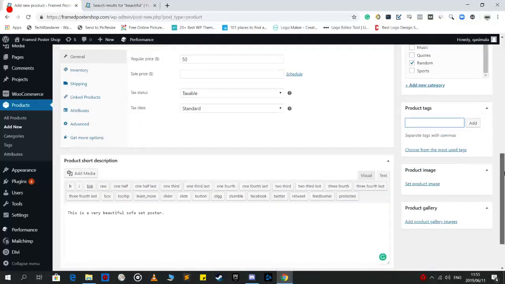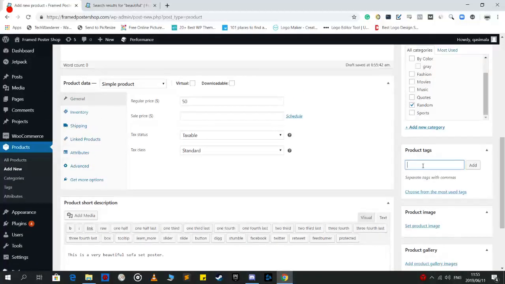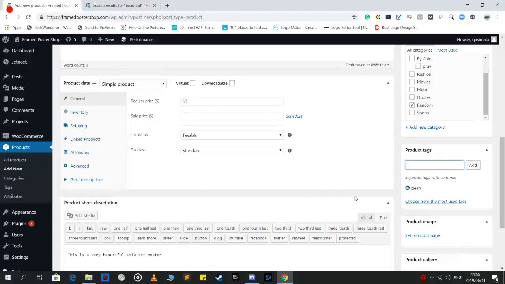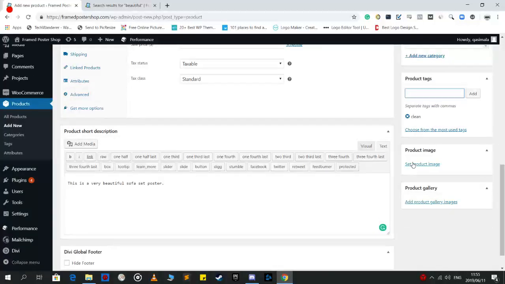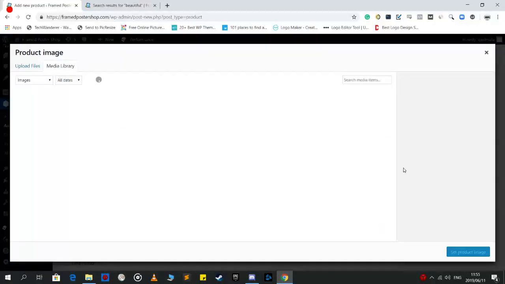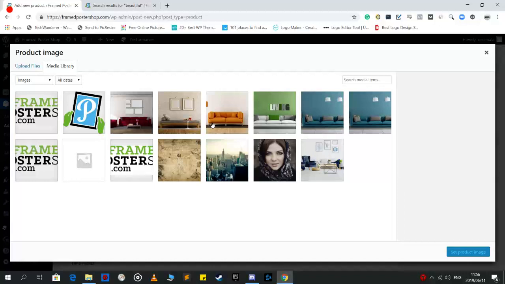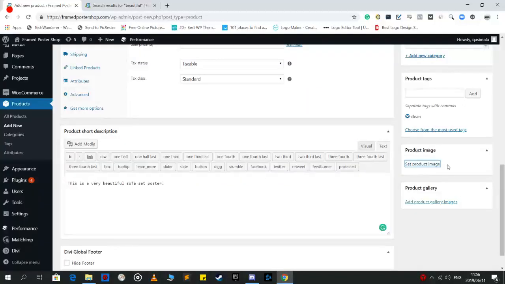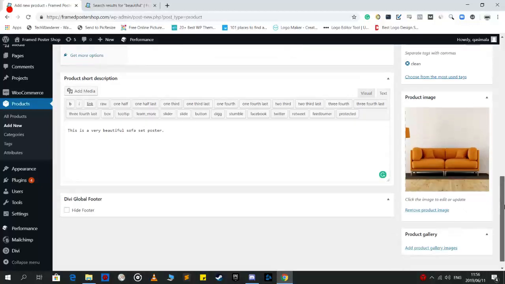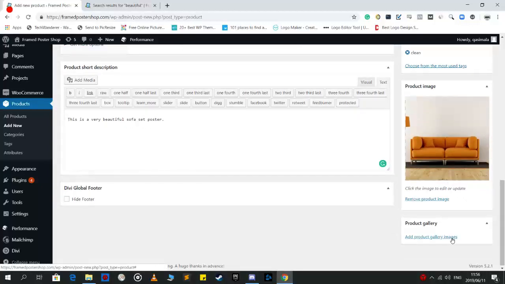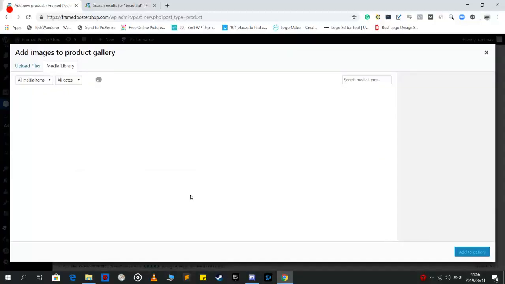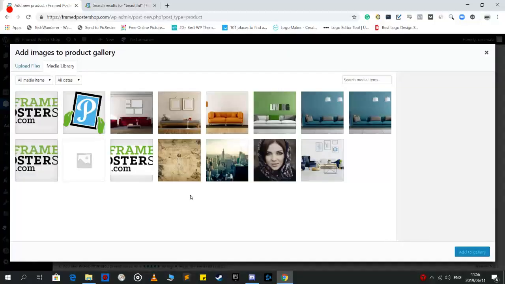Next up, let's add a tag of clean, right? Next up, we're going to set a product image. Let's select this one, supposing that this was a poster, right? And then we can add a product gallery. In the product gallery, we can add different pictures of the same thing. So we don't have different pictures of the same thing, but for example, if this is your poster,